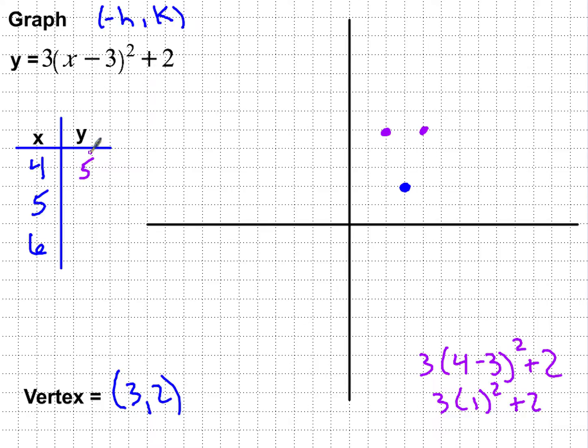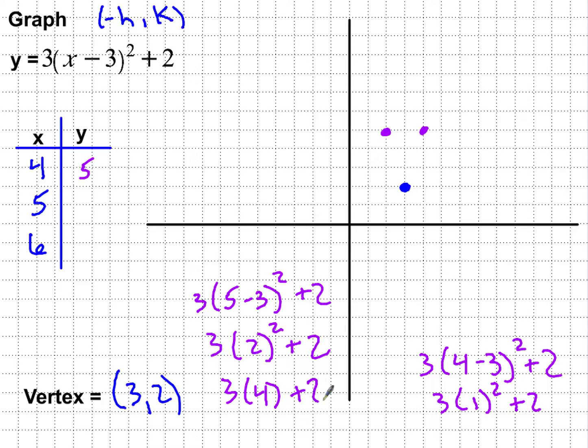Let's do it with 5 real quick. So with 5, if I were to plug in 5 right here, I have 3 times 5 minus 3 squared plus 2. So again, I just have 3 times 2 squared plus 2. Do your exponent first. Don't multiply by 3 first. Do the exponent first. So this is 3 times 4